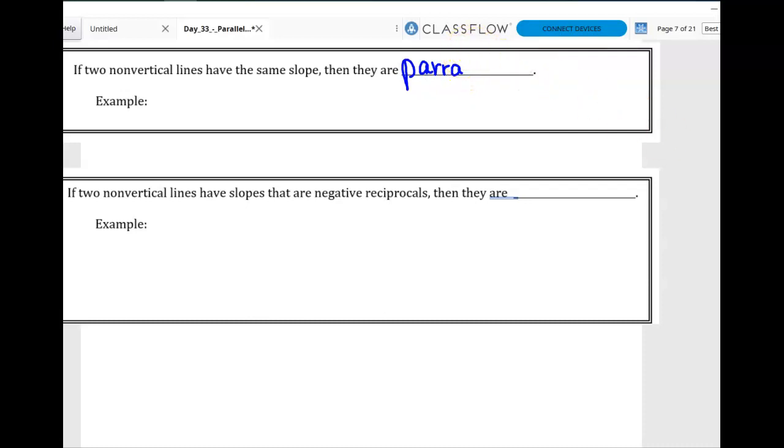Oops, one R. Hold on a second. That looked strange. Parallel. And the symbol for parallel lines is just two lines that run parallel. That's the symbol. So an example would be if we had line A